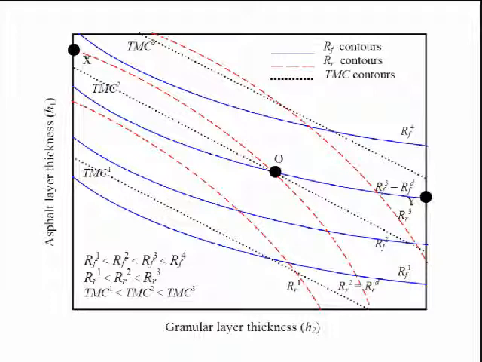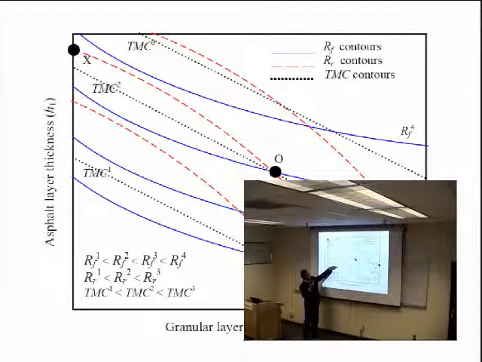And if we do so, we'll again see this is a particular reliability, this is another reliability, this is another reliability level. And if we do so, we can automatically see that the intersection of the fatigue and rutting curve also shows that, as I have shown in the last chart, as you are going up, your reliability value is increasing. This is true for the fatigue and rutting. And the intersection is also the